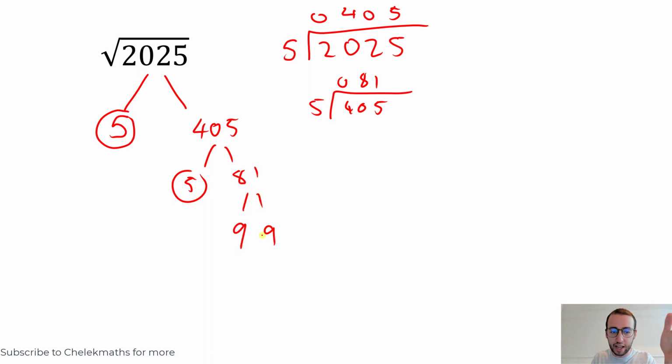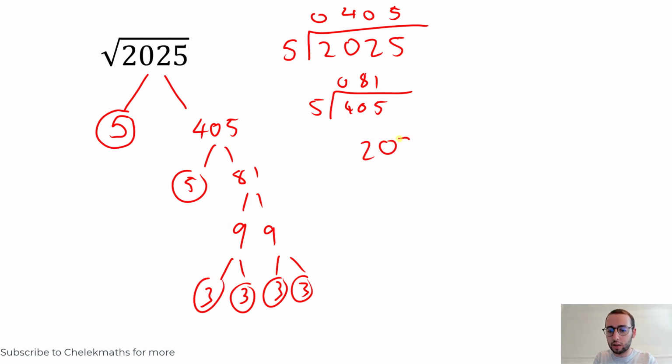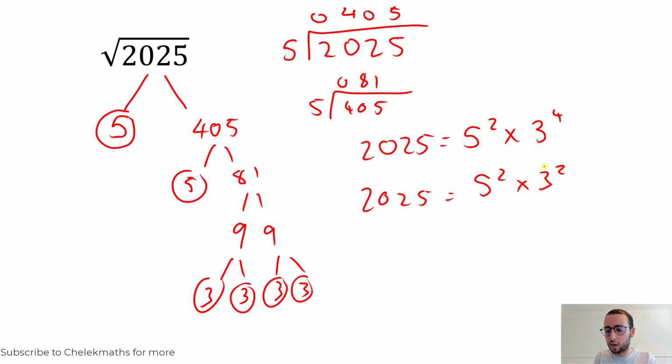And what's nice actually is you can talk about the fact that for this example we can stop here because we've got pairs of numbers, we've got squares, but we can keep going. 3, 3, 3, and 3. And so we have that 2025 is 5 squared times 3 to the 4, which means that it's 5 squared times 3 squared squared, which means that it's 5 times 3 squared all squared,